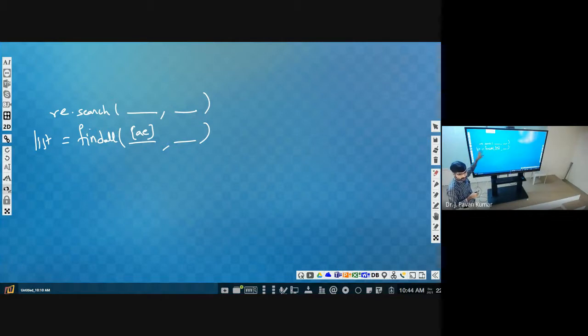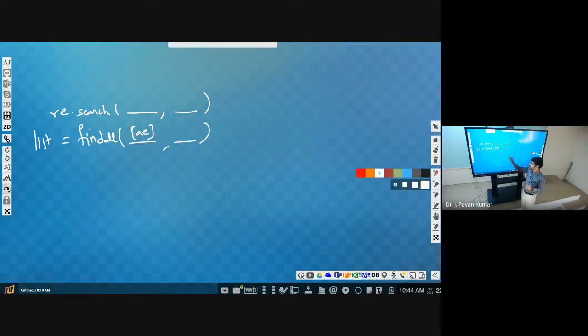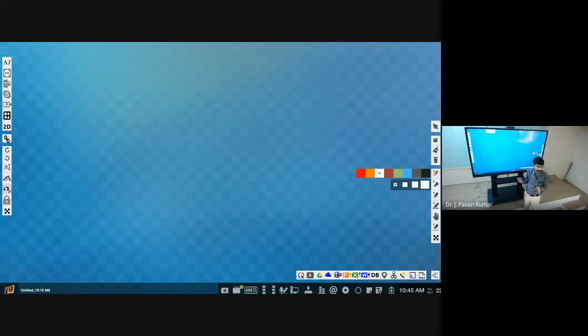Understand? It will return a list of all the occurrences of this particular pattern in the given text. That is the functionality of find all. About this regular expression, please explore, because it will be useful.